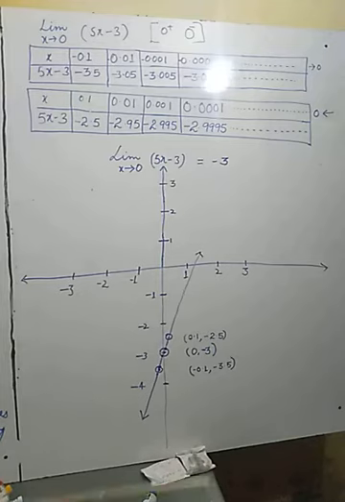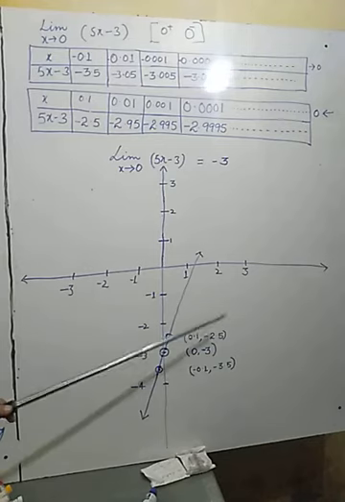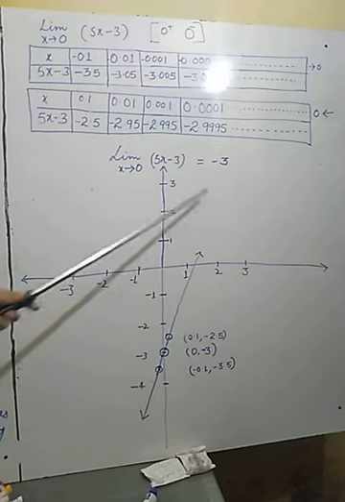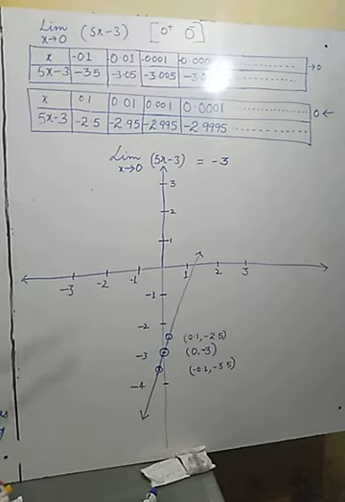Just opposite. The first is opposite to the third. The second is opposite to the fourth. So the signs will also be opposite. This one is all positive, positive. So this will be all negative, negative. This one is negative, positive. So this one is positive, negative. The signs are also opposite. So these are some ways or tricks to identify the quadrants. And this was already taught in previous classes about the quadrants. So there is no need to explain here what quadrants are and how we arrange this Cartesian plane.